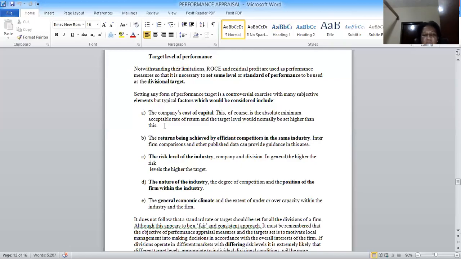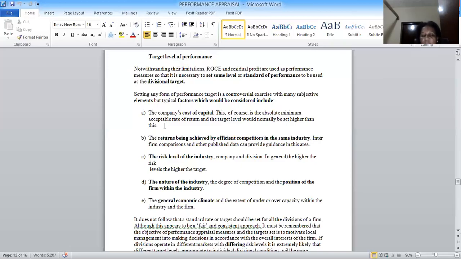You also need to factor in the risk level of the industry, the company itself, and then the division that you are dealing with. Because if you want to set a target, what is the risk of the industry that you are working within? And then what is the risk that pertains to your company? And what is the risk of the division that is under your company or under you? You have to look at all these things before you set the standard